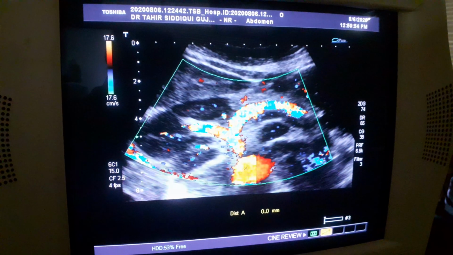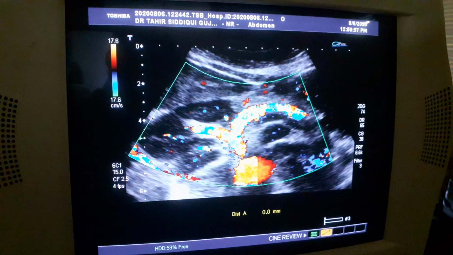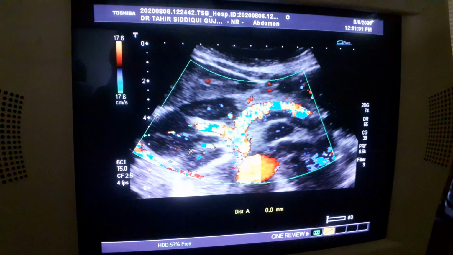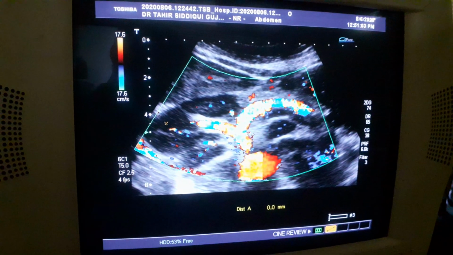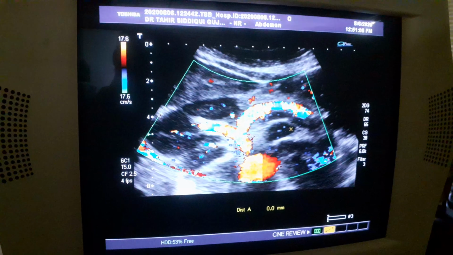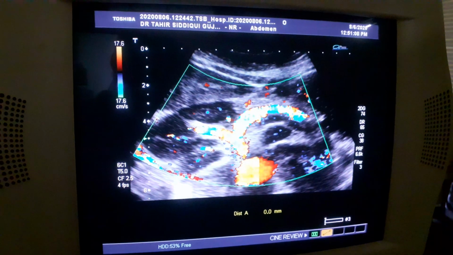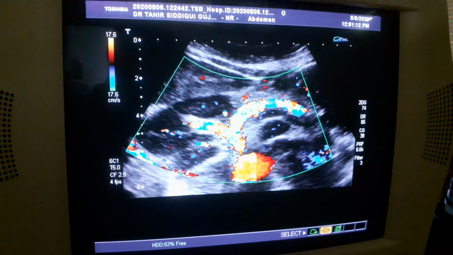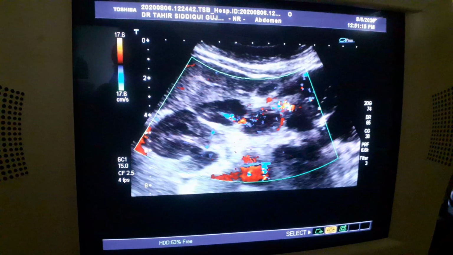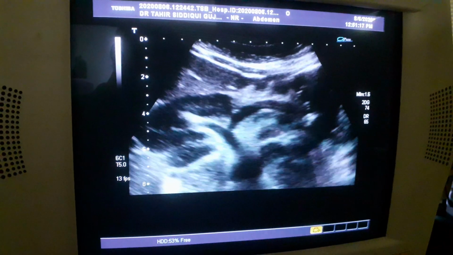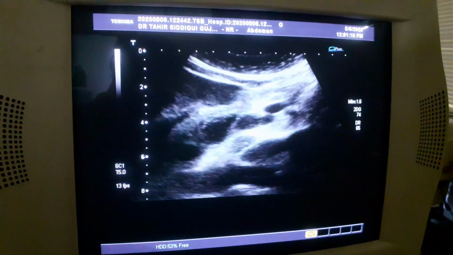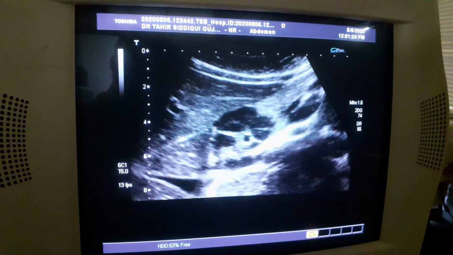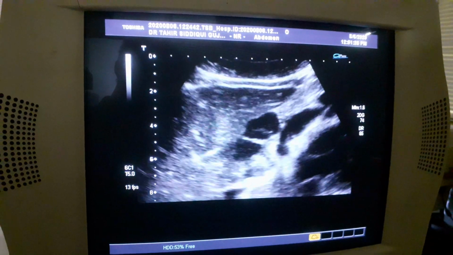Aorta, superior mesenteric artery. Now celiac axis, common hepatic artery. See the lymph nodes. 1, 2, 3, 4. These are also lymph nodes. So multiple lymph nodes are seen in the para-aortic, paraceliac region. Now there is a bunch of lymph nodes seen in the region of the,